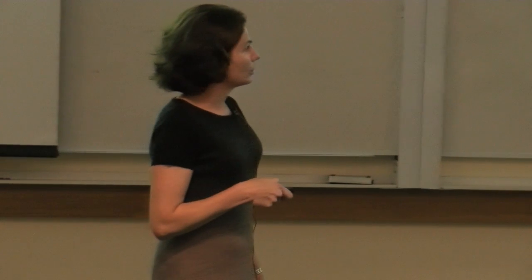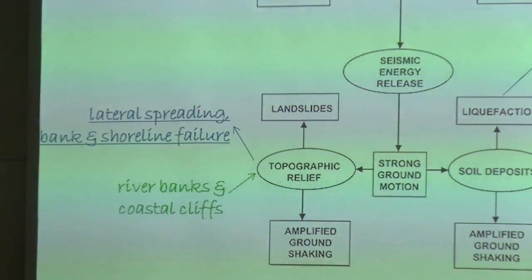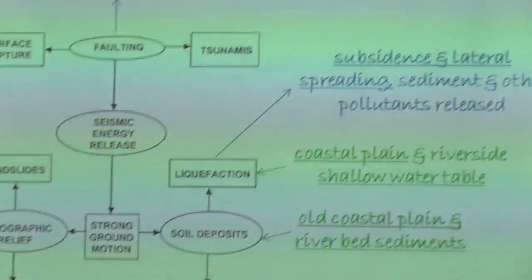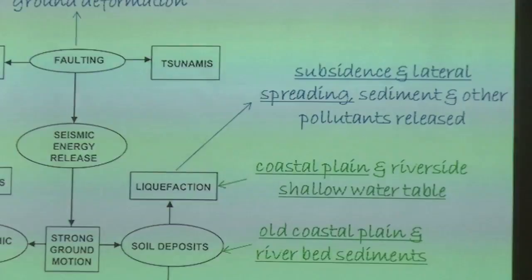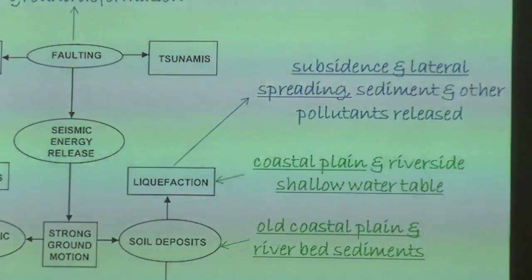And here I've put in green the contributing river and coastal factors which tell you about the damage patterns or the change in our landscape. I've underlined the parts of this picture which relate to sea level rise. So, subsidence and lateral spreading, these things are only going to be felt more with sea level rise if they were to occur again.